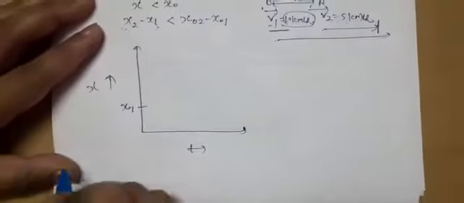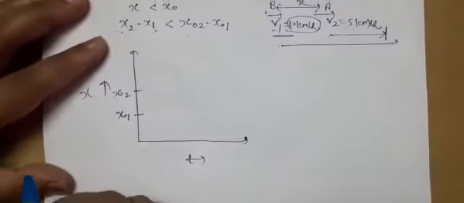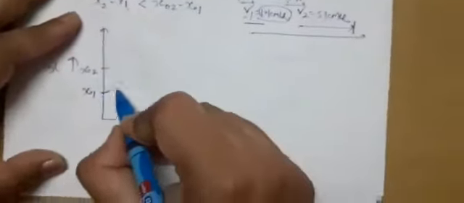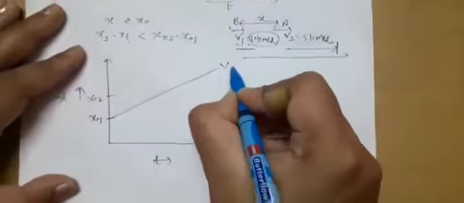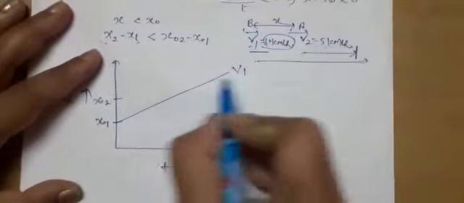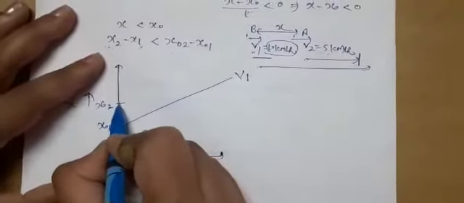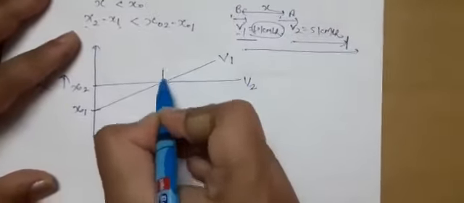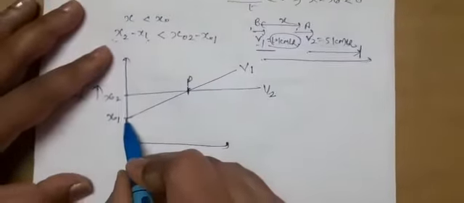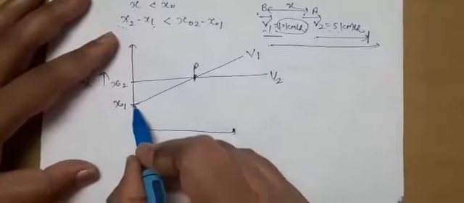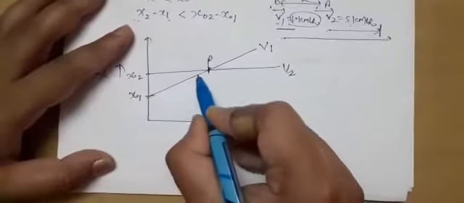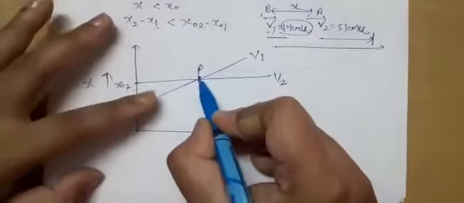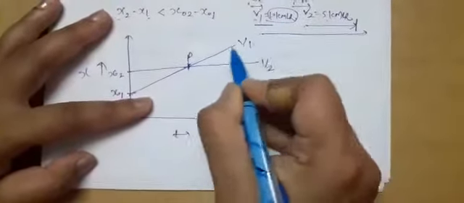Initial positions x01, x02. Now you can see here that as the first body is moving faster, the graph will be represented like this, with velocity v1, and the second body is moving slower, so it will have velocity v2. So they both will meet at a point. You can see that the body which is moving with velocity or speed v1 will cross, it will meet at this point, and if it is not caught at this point, it will overtake and move forward.